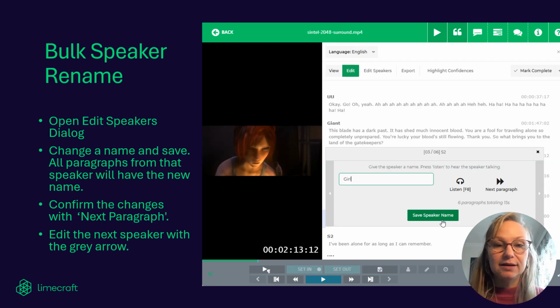You can easily rename the speakers, so you will have some standard names suggested, but you will probably want to have the actual speaker names adapted. For this purpose, you can click here in the upper toolbar on the Edit Speakers to open a dialog for this purpose. Change a name and save, and this will change all of the paragraphs where this same speaker is